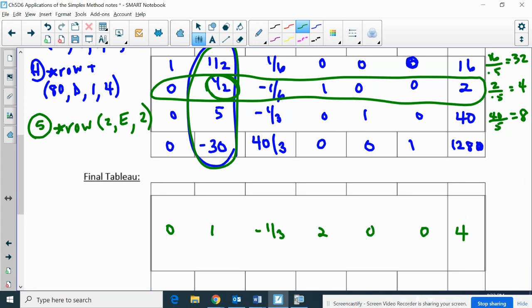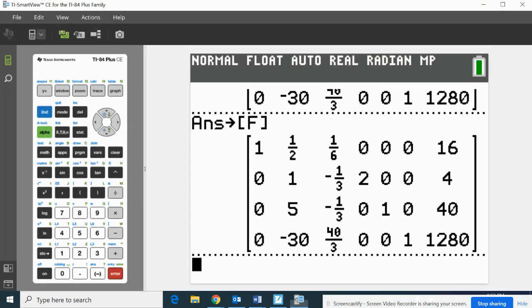All right, so I want all the rest of those elements to become zeros, right? So let's work on this 1/2 in that first row. So step 6 will be a star row plus. I want to multiply by negative 1/2. I'm using matrix F, my pivot row 2, and I'm adding it to row 1. All right, so to my graphing calculator,